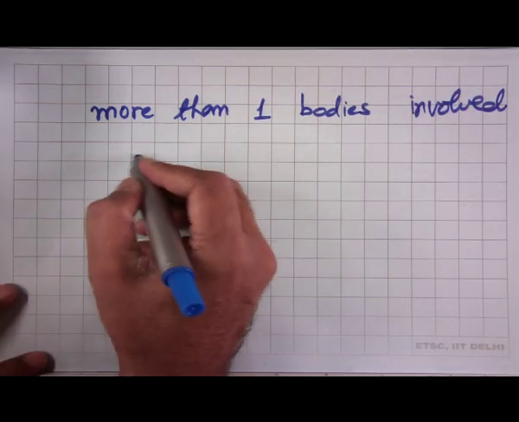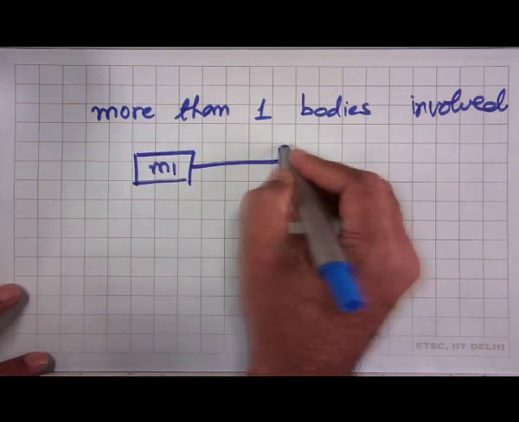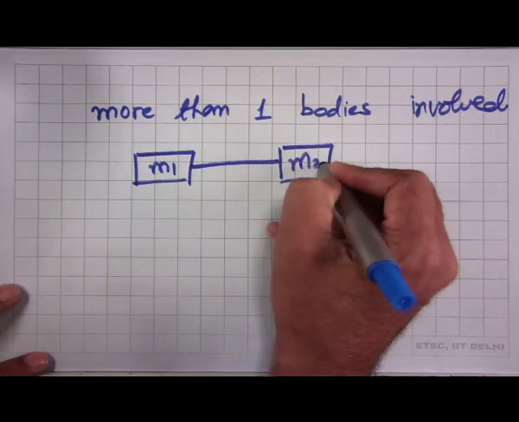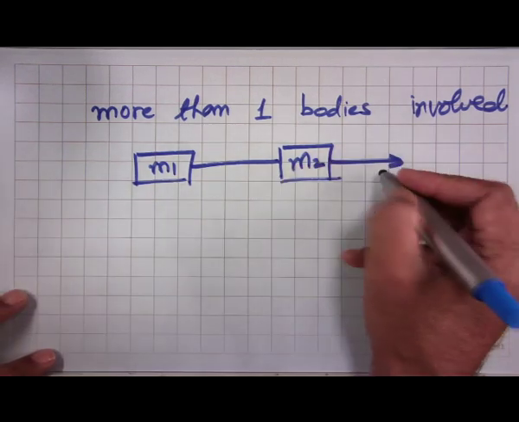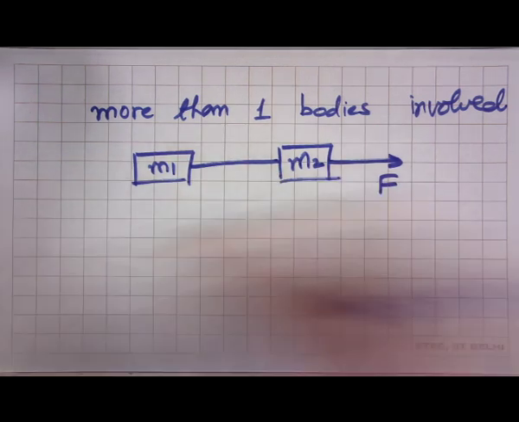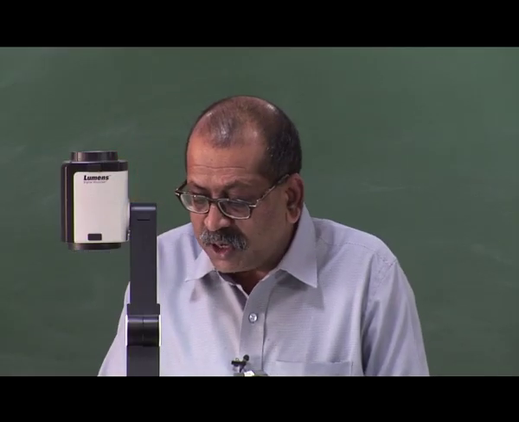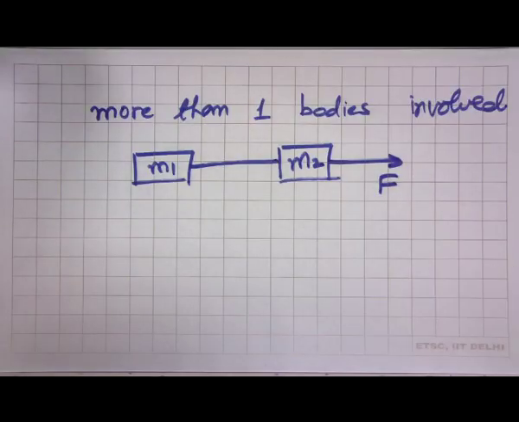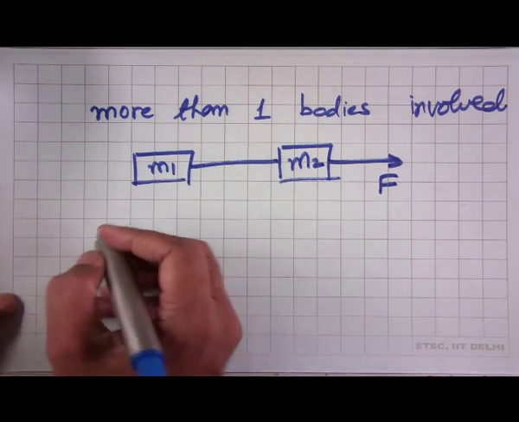An example of this could be there is a mass m1 tied to a string to another mass m2, and this is being pulled with a force F, maybe through a string or directly, a force F is being applied to m2. So, here we have a case where more than one body is involved. Generally, the way we solve these problems, we may have to draw